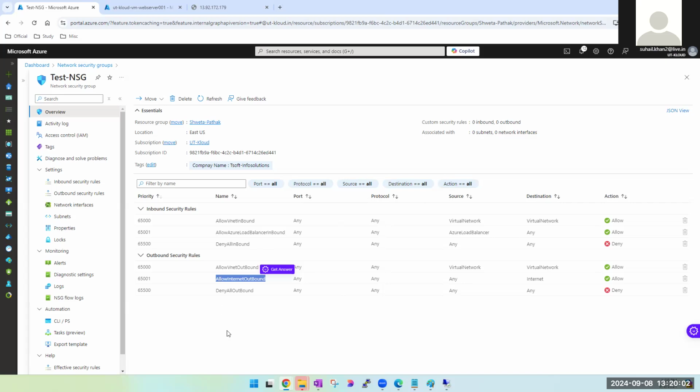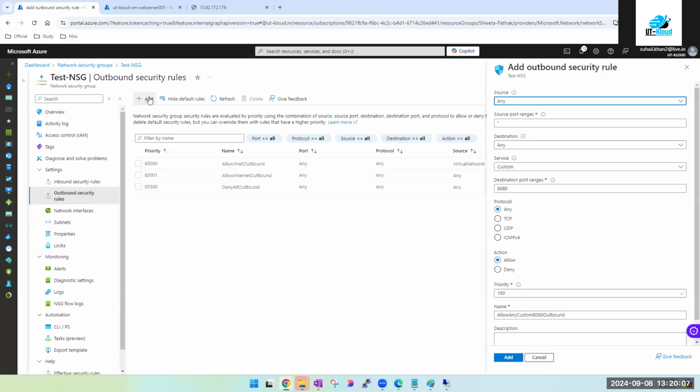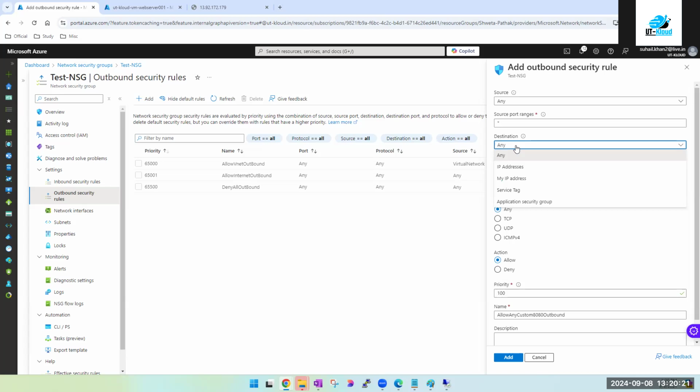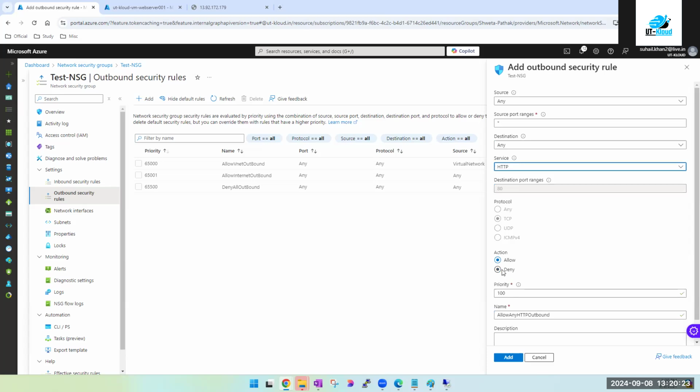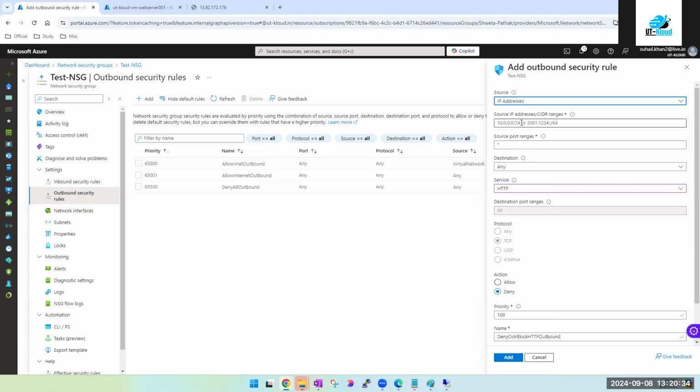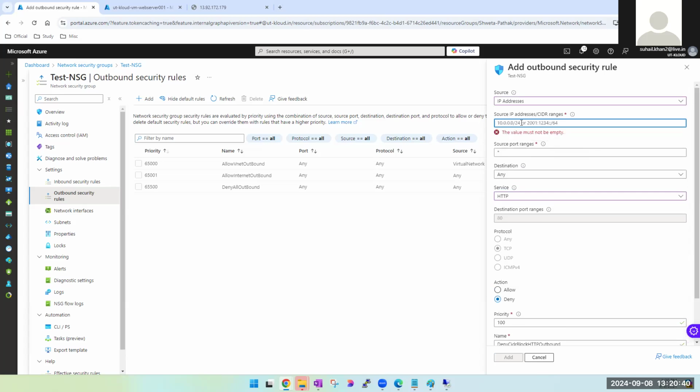It can be done with the IP address, Sohail bhai. Yes. You create a new outbound rule, add source any, source port any, destination any. If you select this, let's say destination any, and you're blocking traffic, then you are blocking the internet. This is what they have done here, right? But the source, if you change this, select an IP address, and then you put only that particular virtual machine's IP address.